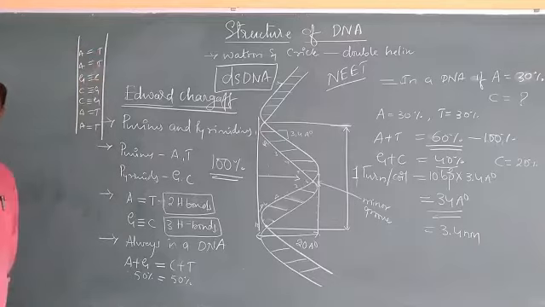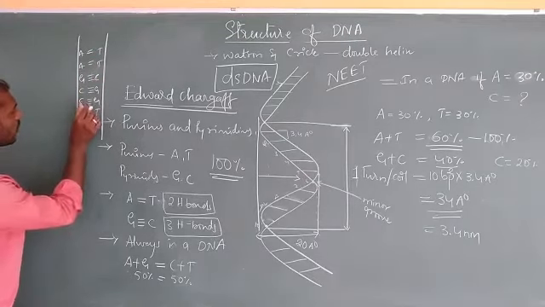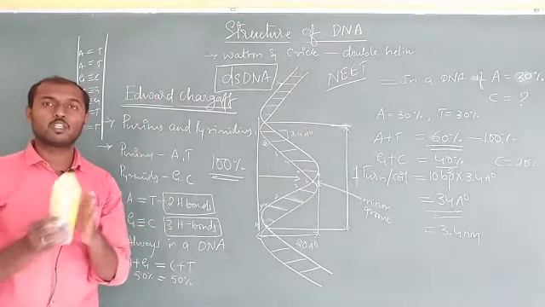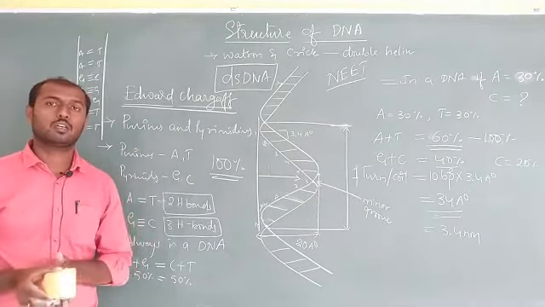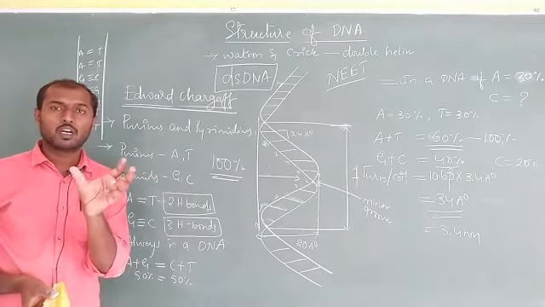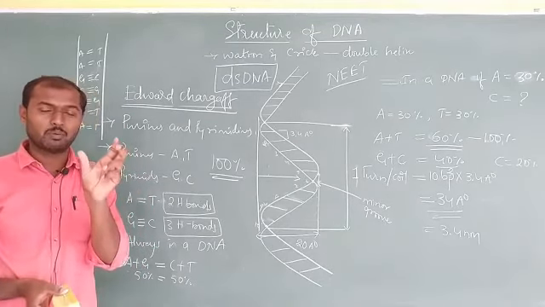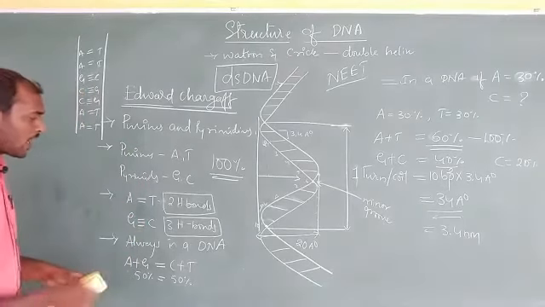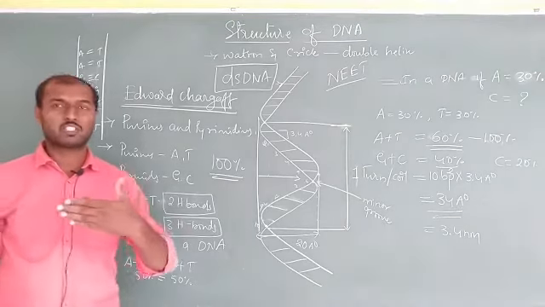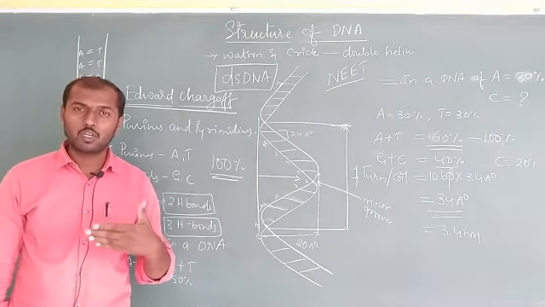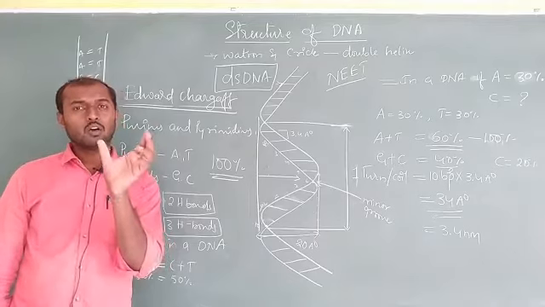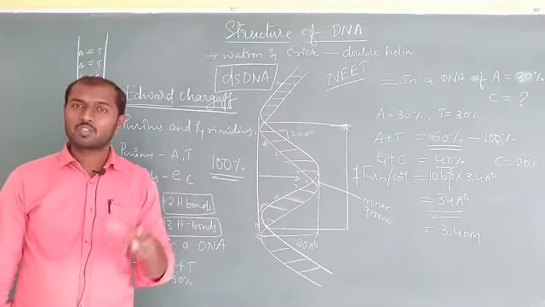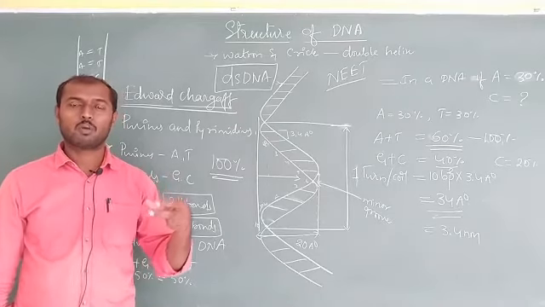So although there are 3 hydrogen bonds and 2 hydrogen bonds, the distance between the two polynucleotides is still maintained. The polynucleotide diameter does not vary. There may be a change in the number of hydrogen bonds, but there is no change in the diameter. Why? Because a hydrogen bond has a standard distance. So whatever the number of hydrogen bonds, the distance will remain similar, because it follows a standard rule for formation. That is a very important thing.